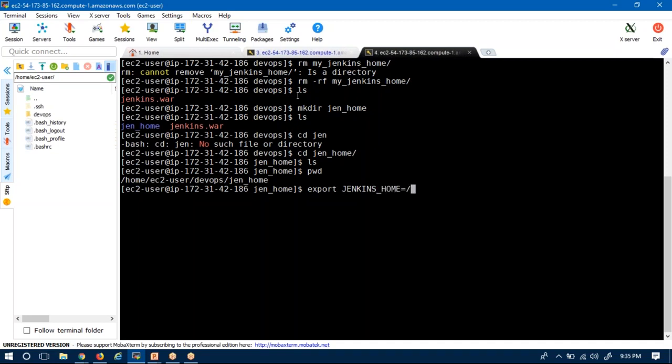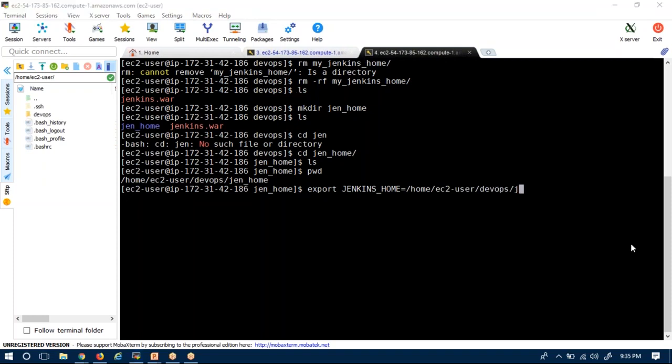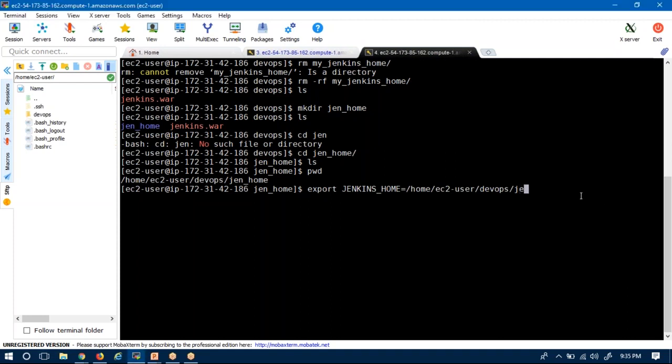See, just under home, EC2 user, DevOps, here Jenkins home, I think we are having, right? This I want as my Jenkins home directory. Anyway, I am checking whether it is correctly exported or not. Jenkins home. Yes.